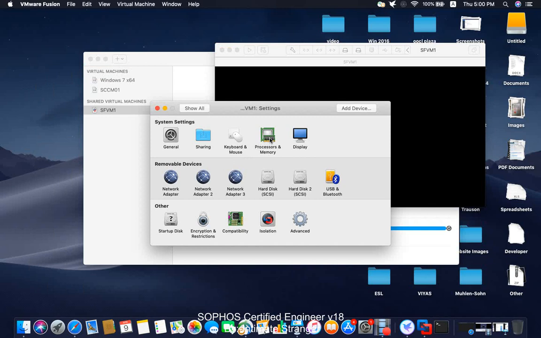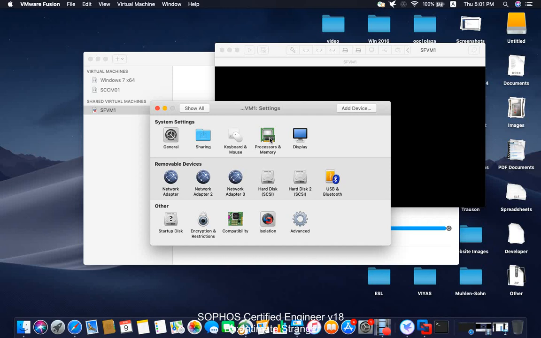The reason is that the Sophos OS version 17 can run on 2 GB memory, but if you want to upgrade your virtual OS from version 17 to version 18, the minimum requirement will be 4 GB. You can start the upgrade of your firewall using 2 GB, but during the upgrade it will show you that for your virtual environment or your physical environment, the minimum requirement is 4 GB,